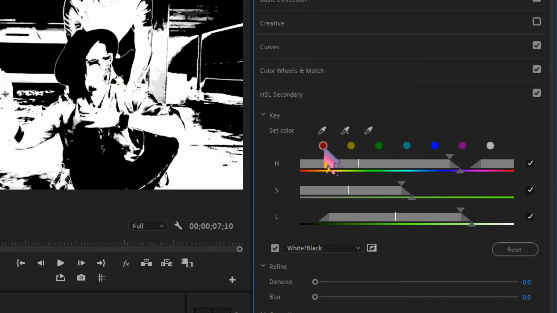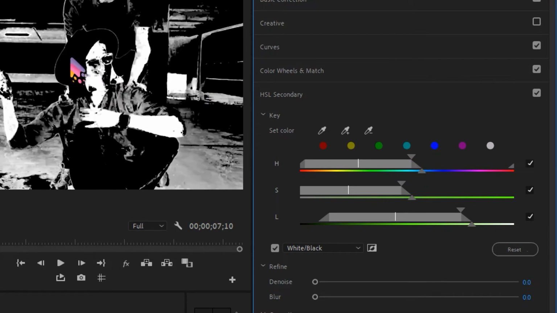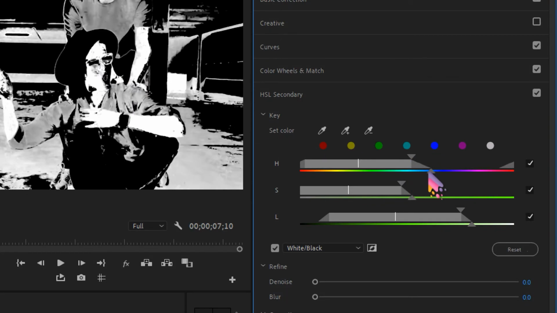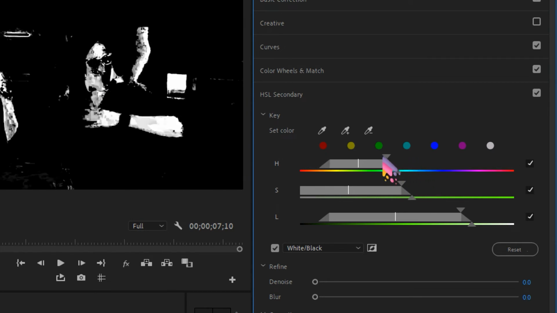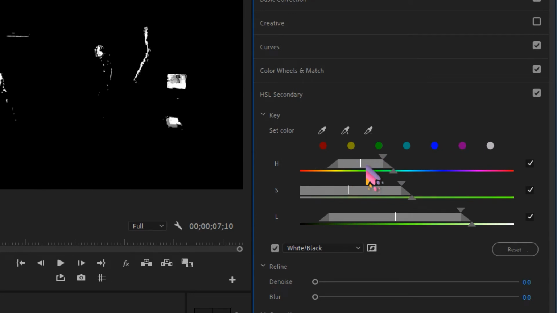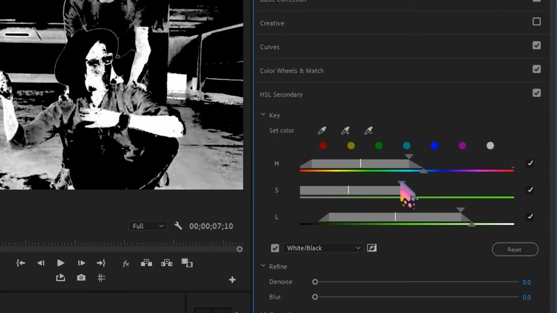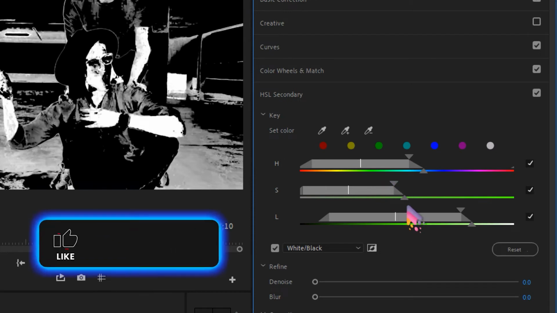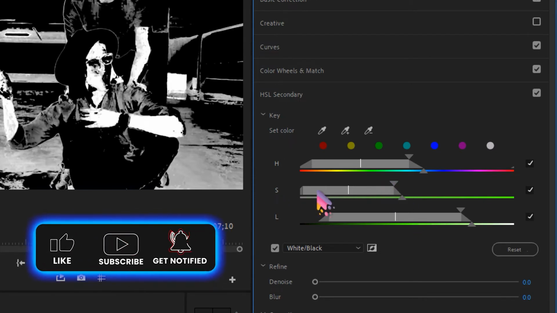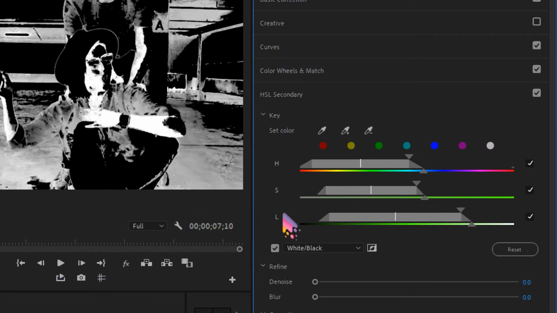And then we have these options. We have the option to adjust the red color, and all these options are right over here, and we can adjust these sliders to add or subtract from the selection. There is one on the bottom, so just drag it, or we can simply drag this as well. We can expand or subtract the selection with the help of these. We have the options of S and L as well: S affects the saturation of the color, and L is the lightness, so it affects the lightness of the particular color which we have selected.